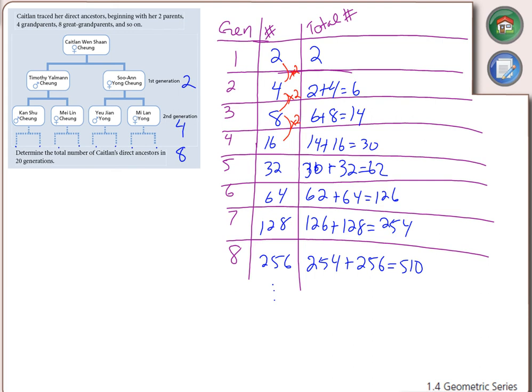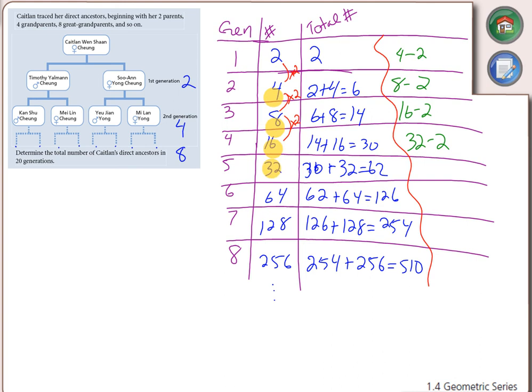And what we could actually start seeing as well, a couple different ways, is that the first generation could have been thought of as, let's say, 4 minus 2, or 8 minus 2, or 16 minus 2, all the way along, or 32 minus 2. Another pattern that's emerging to get the same value. Well, 4, 8, 16, 32,